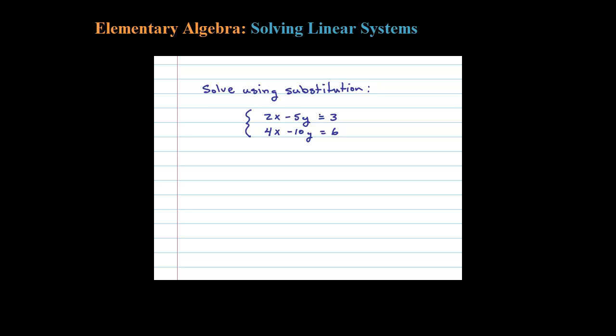Here we want to solve this system by substitution. So the first step is to isolate one of the variables. Let's look at the first equation, and let's just go ahead and isolate the y. Subtracting 2x,